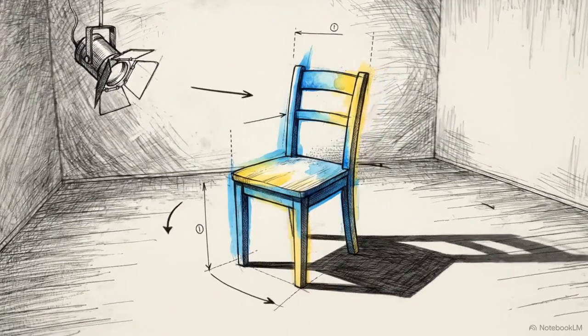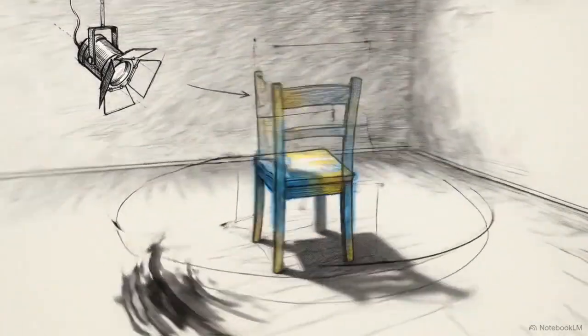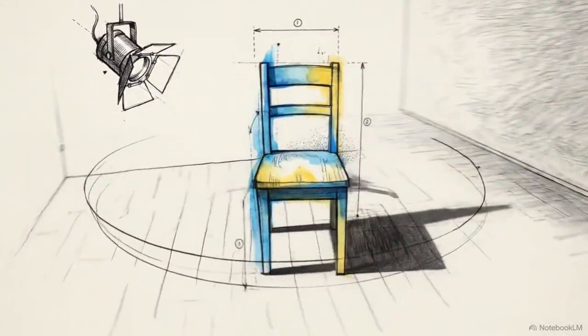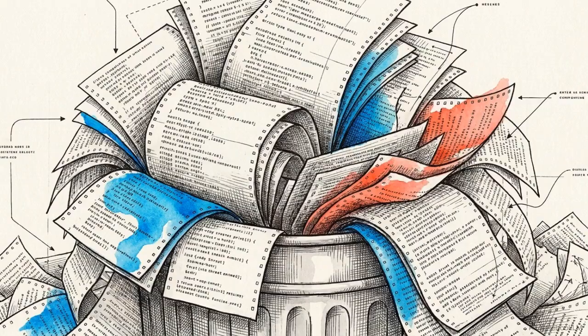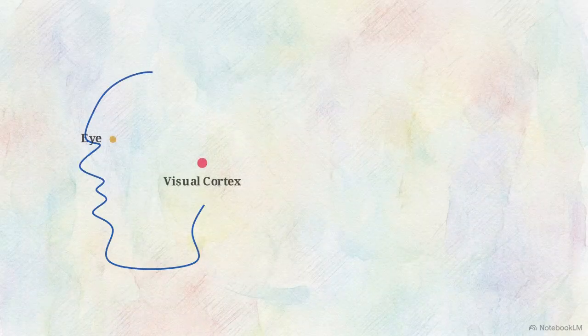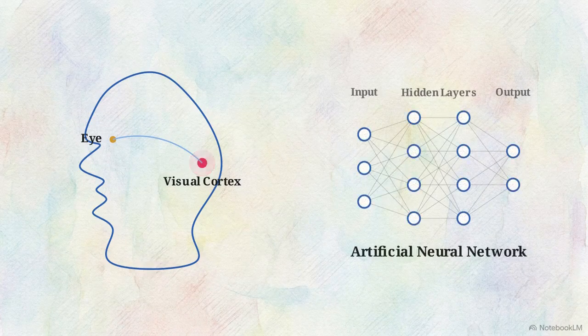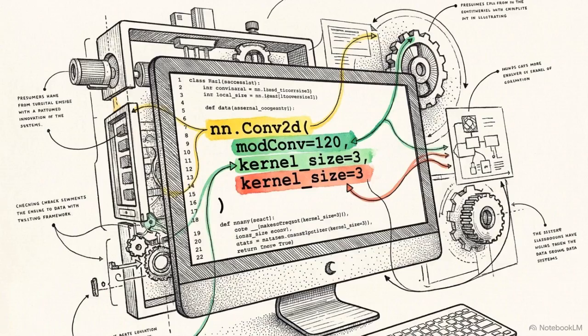A slight shift in the subject's position, a shadow cast across a room, or harsh lighting instantly broke those brittle, hard-coded instructions. Programming artificial vision line by line proved impossible. Engineers realized the machine needed an architecture capable of learning to see by mimicking the biological structure of the human visual cortex. The mathematical engine that makes this possible is the convolutional neural network, and it begins with a component